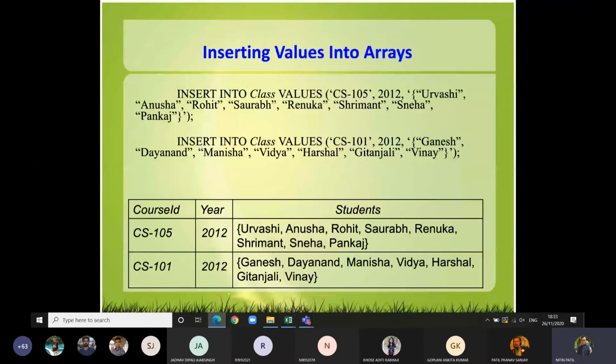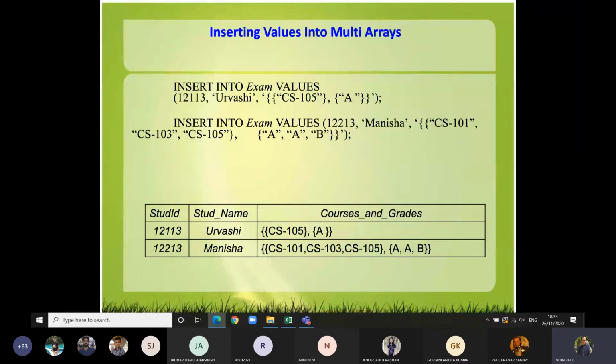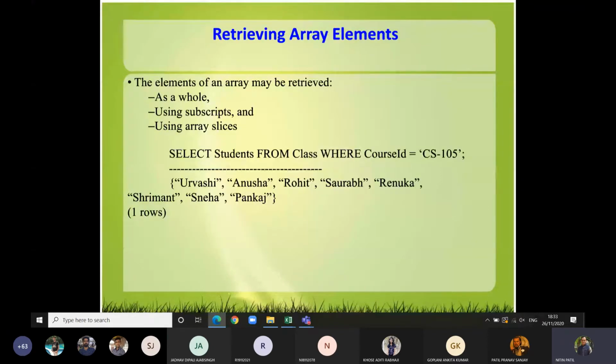So this was insertion, insertion in a one dimensional array and insertion in a two dimensional array. Now if we want to retrieve, how would the retrieval be? Retrieve means select statement. You can retrieve it as a whole using subscript or array slices.